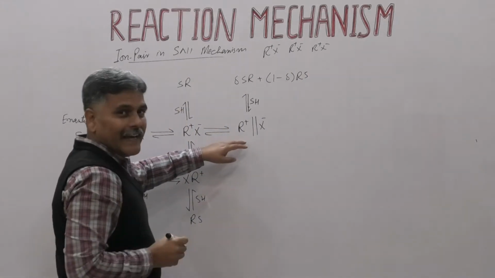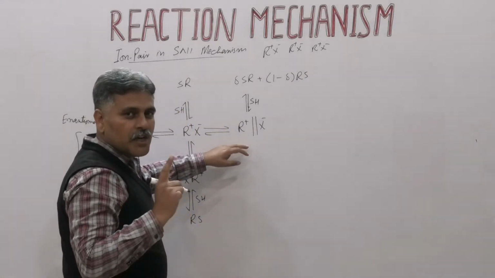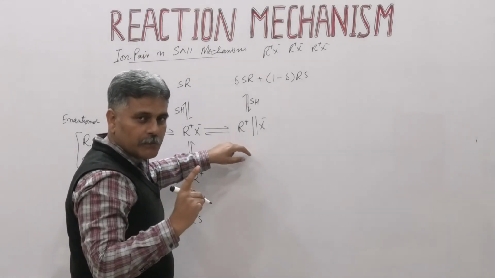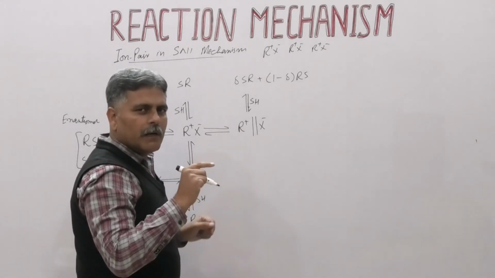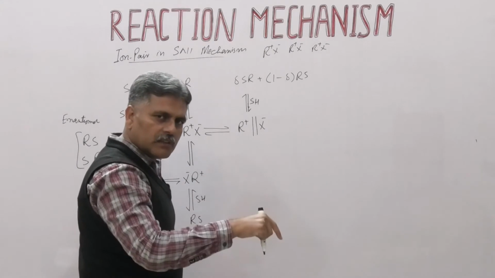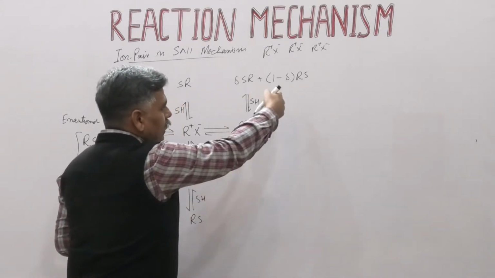At this stage again it shows that there is no complete racemization. Again some amount of inversion of configuration is formed along with the formation of the